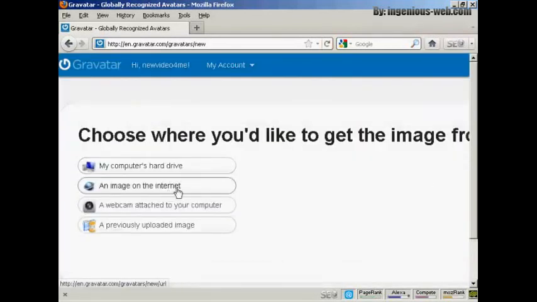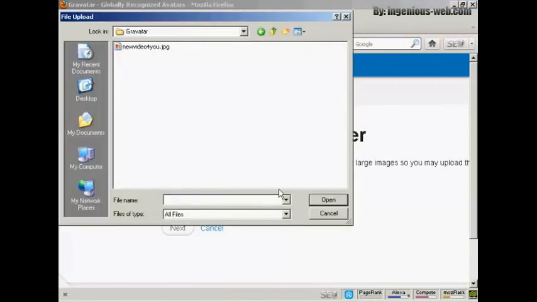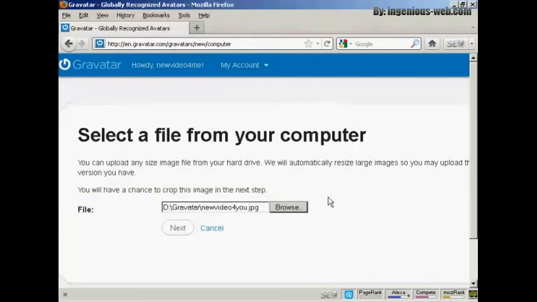and then you can either use an image off the internet, you can use your webcam or a previously uploaded image, or probably the most common way of doing it is to upload one from your computer's hard drive. So let's just do that now and browse to find where the file is. And this window opens up, and this is the gravatar I'm going to use, which is this one here, new video for you JPEG. So click there to open it,